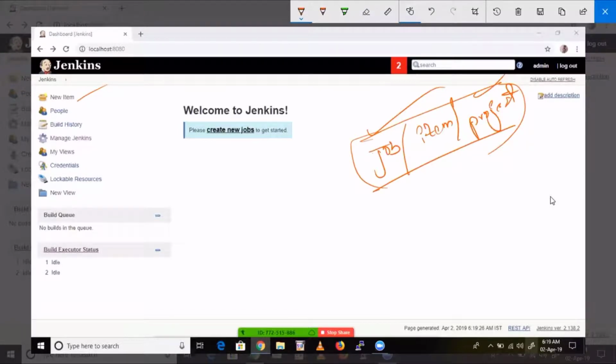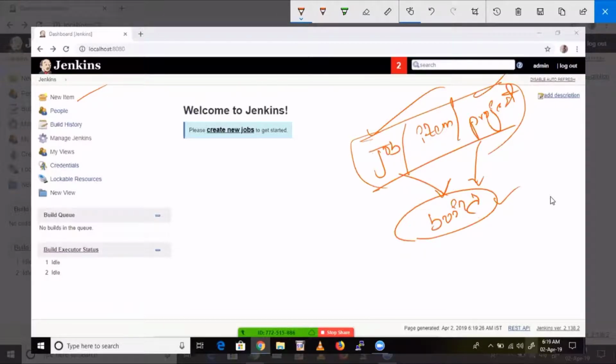Build means running a job successfully. If a job runs successfully, then we call the build successful. Understood? Build here doesn't mean what we discussed earlier, compiling and compressing the code and creating a deliverable. That is also a build, and we are going to see that too.